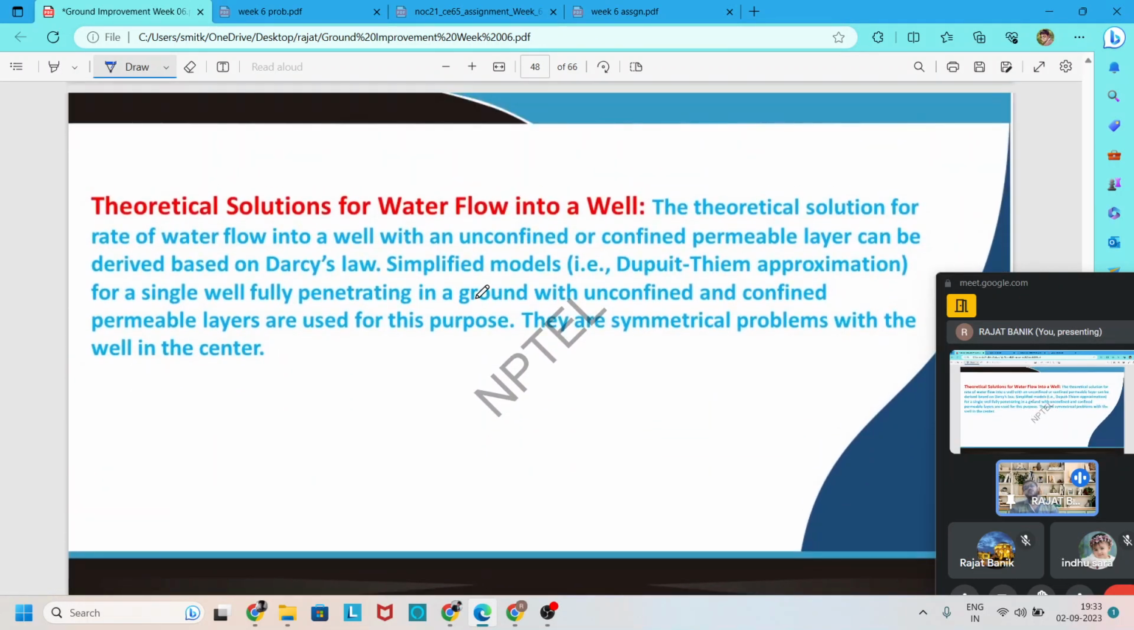So now we find out the permeability in the field. Some field tests. Here, a theoretical solution of water flow is given, the theoretical solution for the water rate, so we need to find out the water rate. The theoretical solution for water flow into the well with an unconfined and confined permeable layer can be derived based on Darcy's law. Simplified models, that is Dupuit theme